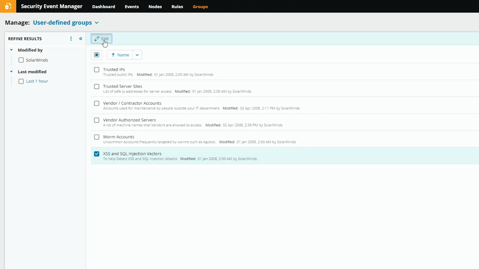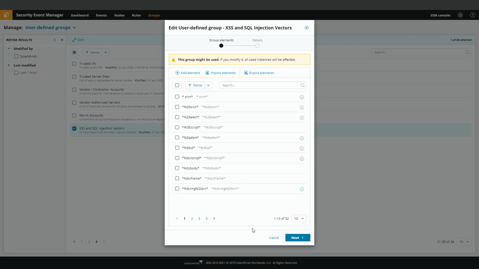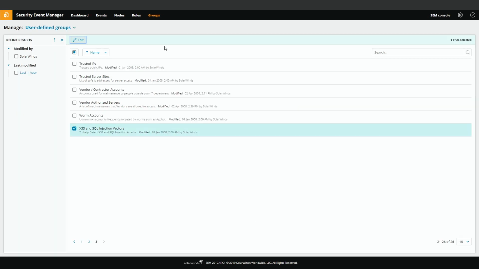And let's go ahead and take a look at them. These cross-site scripting and SQL injection vectors are really just a long series of strings. Now, the beauty of this is if you need to add or remove any of these because your specific environment requires them, you can just check the box and delete or check the box and add them. What's really nice about it, though, is you can actually use these to build rules, sometimes very complex rules about what happens if one of these gets encountered. So let me show you how to build one of those rules.